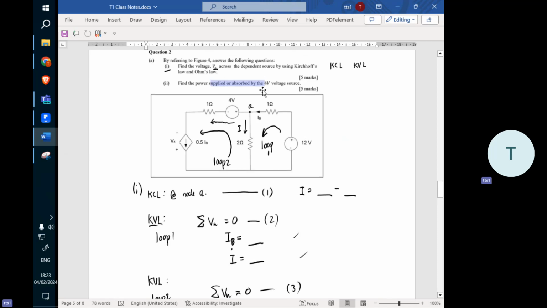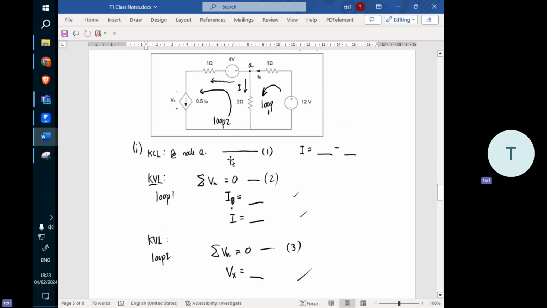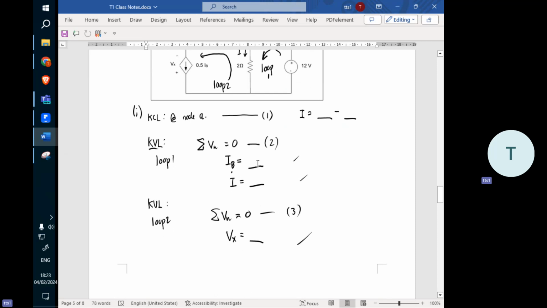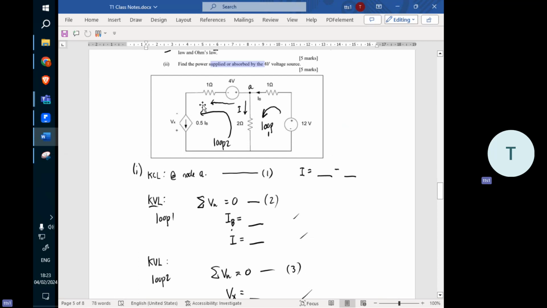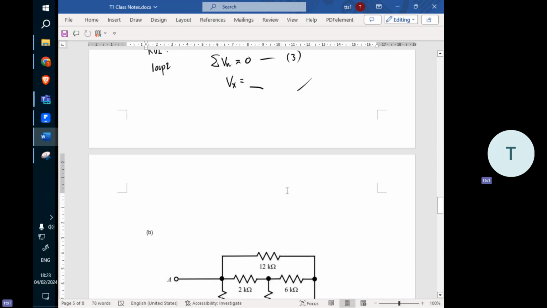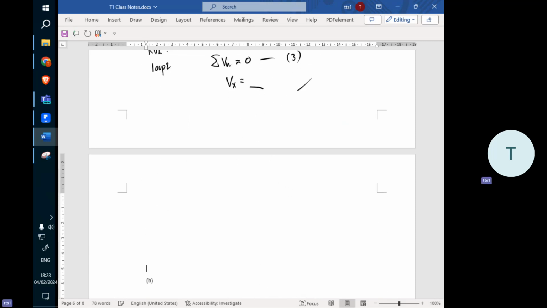Part 2 is to calculate the voltage absorbed or supplied by the 4 volt. So the 4 volt is here. What I can tell you is this 4 volt is also based on the current IB. This is the important hint here. The power of the 4 volt power supply